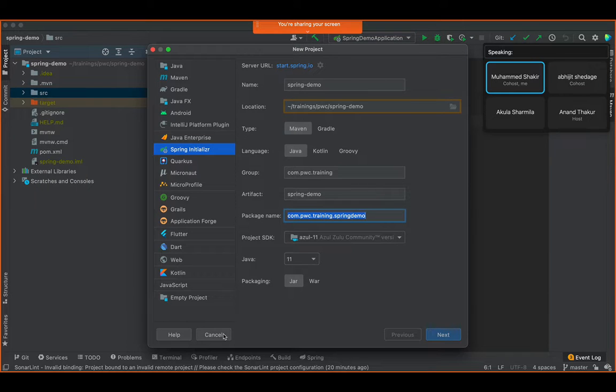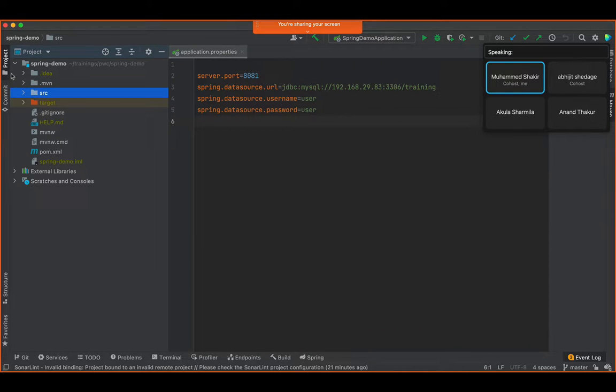Now you've got to pay attention here. Whatever exceptions, whatever issues you're getting, I will solve them. And I'm sure you will be able to crack that, but then please pay attention. You see, I am recapping the whole thing very quickly. So we created a project, clicking on next, and then the project got created.